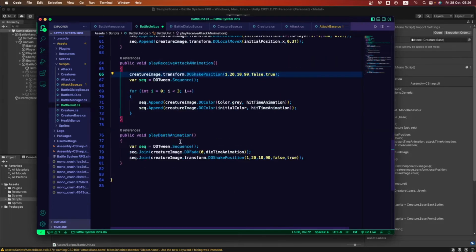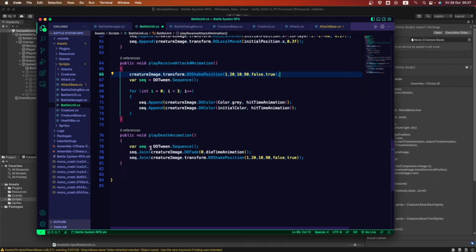Then let's go into the death animation that we're going to be using until we add the math of this stuff, so we can know if we are dead or our enemy is dead. In this one we're going to be joining two sequences, because the DOTween sequence library also has this join, which means you can join two animations happening at the same time.